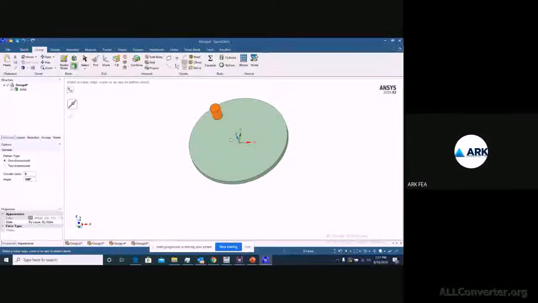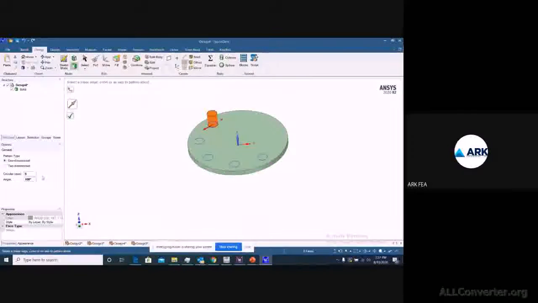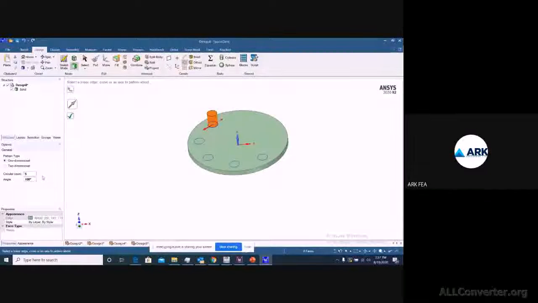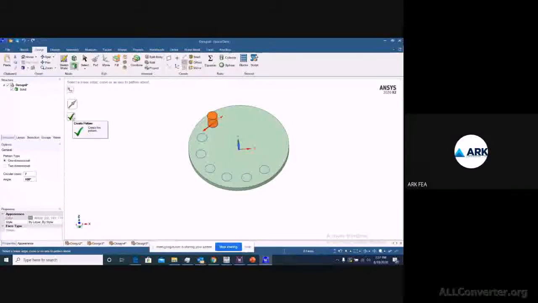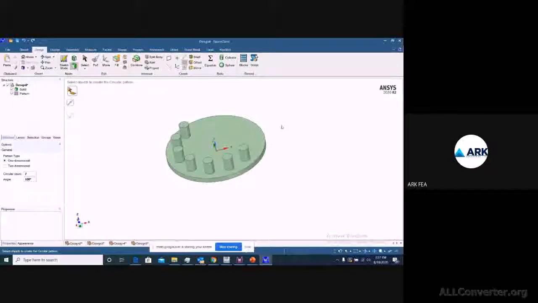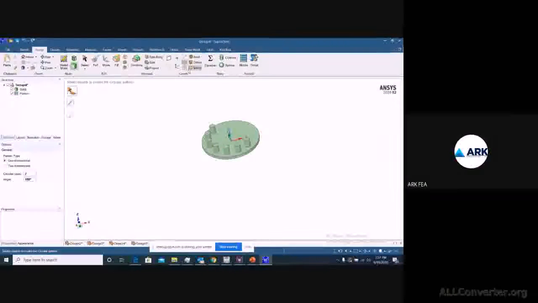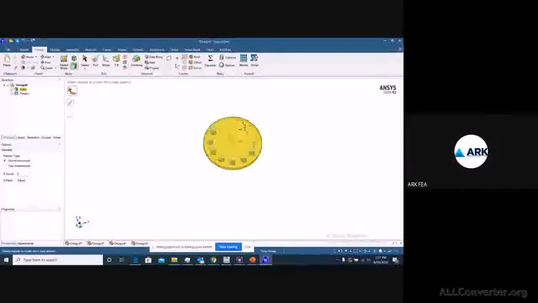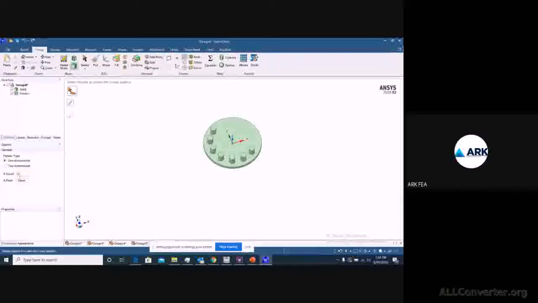You can make your changes at any point of time you want. This is just a representation of where it is going to create. Once you click on this green check, you would get your object ready here, right? So this is how you can use any kind of tool, but in terms of linear, you need to specify the pitch, how much distance it needs to have from one object to another, and the count you can specify.